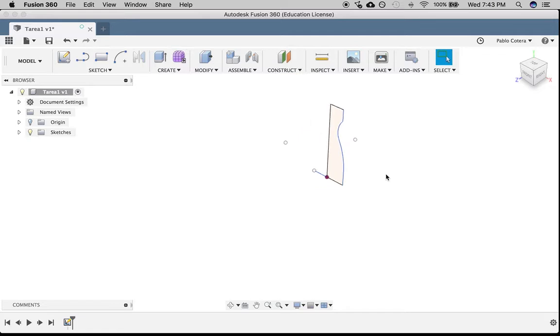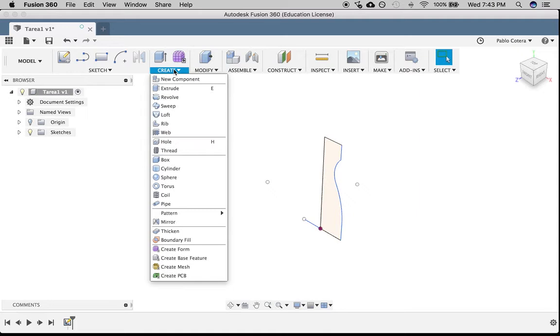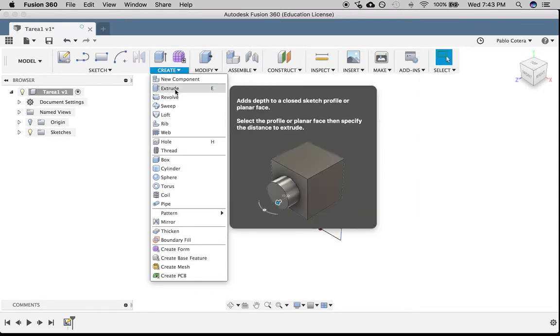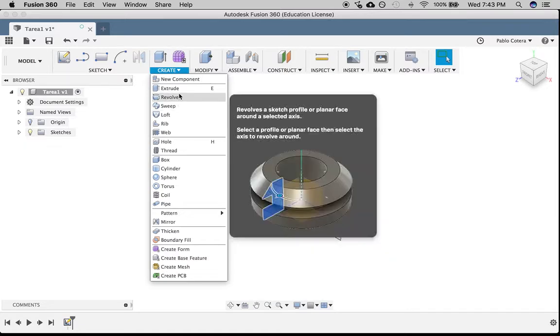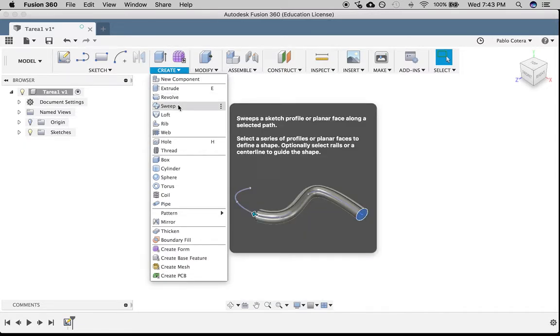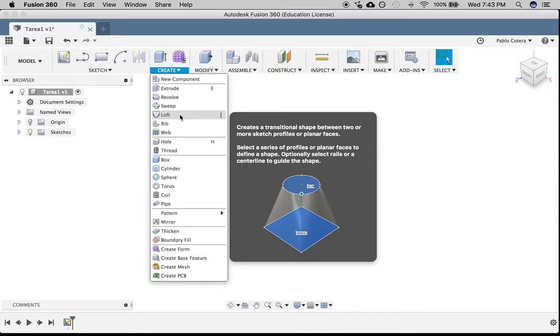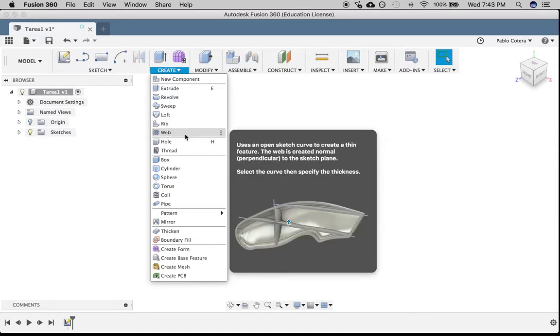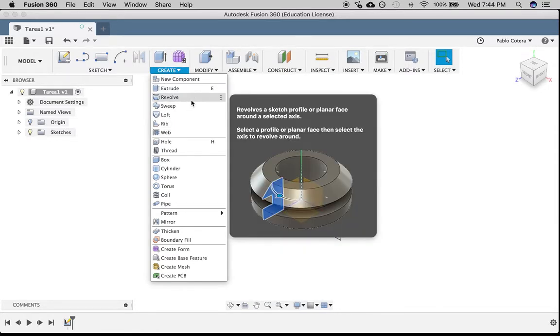All right, so I have the sketch already here, and what I'm going to do from the sketch palette, I move on to the create palette. Okay, so I click in the drop down menu, and what I'm going to do is revolve. Okay, so if you don't know what each tool does, just leave the mouse there for a few seconds, and there's going to be a brief explanation on each tool. Okay, so here in revolve, we want to revolve the sketch profile around a selected axis. Okay, so I'll click this one,